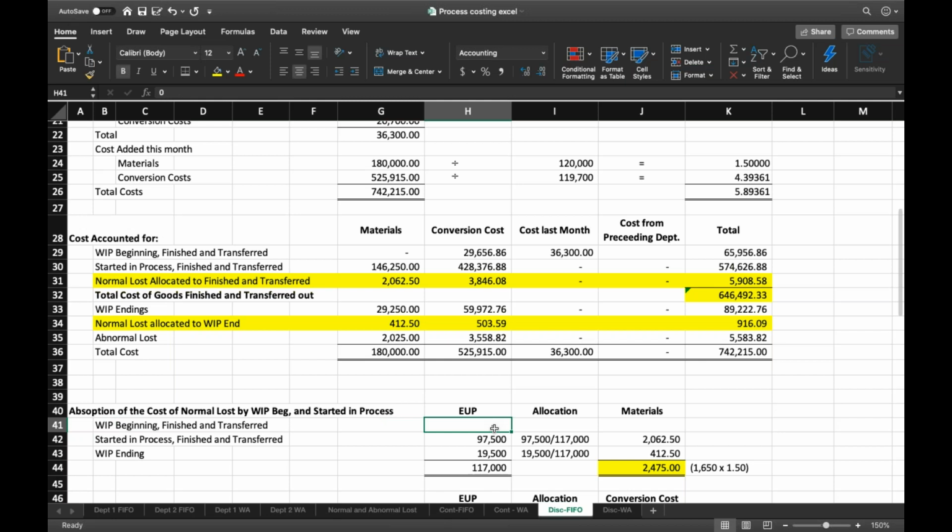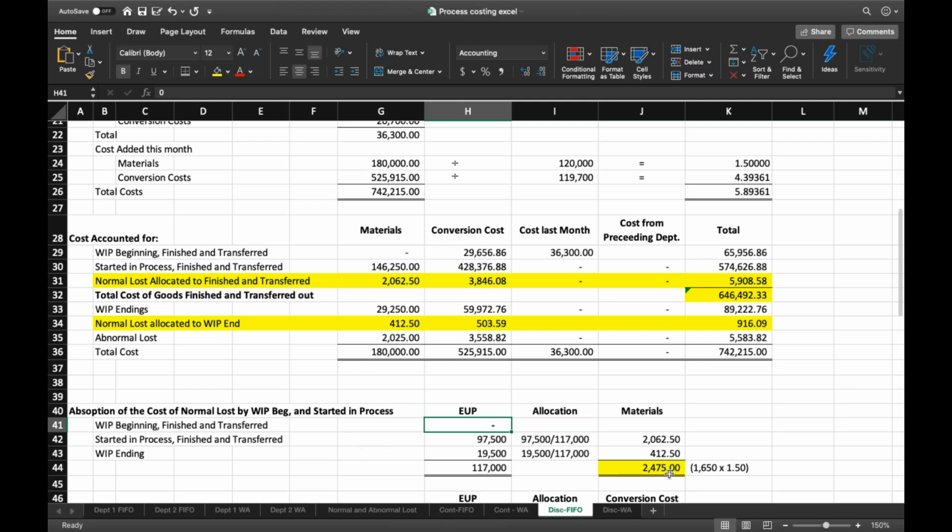So therefore, hindi siya kasama dun sa nilagyan ng materials. Nandoon sa started and work in process end, yung gumamit ng materials na pagdating ng 60%, biglang nawala. Kaya yung dalawa lang ang mag-absorb. Okay? So,